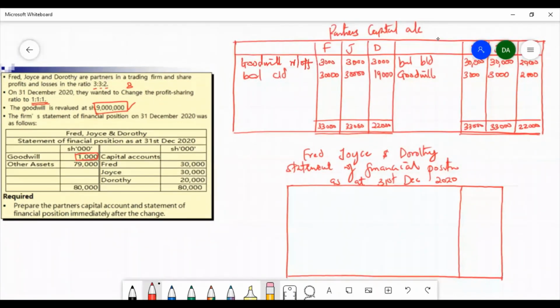In the statement of financial position, therefore, goodwill will not be shown because goodwill has been written off. Therefore, the assets of the partnership that are supposed to be shown in the statement of financial position are the other assets other than goodwill. And those assets other than goodwill are equal to 79 million. That is the total assets, and that is financed by